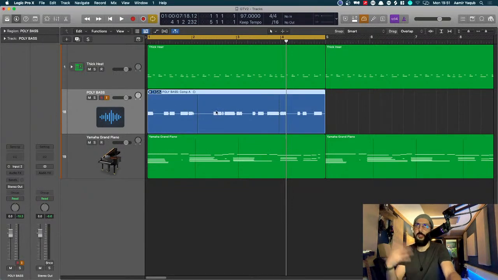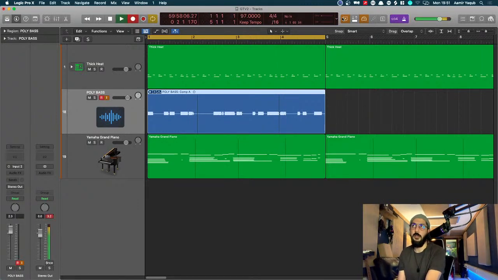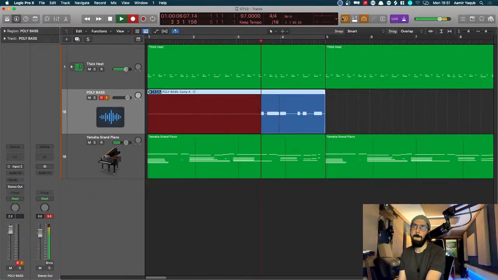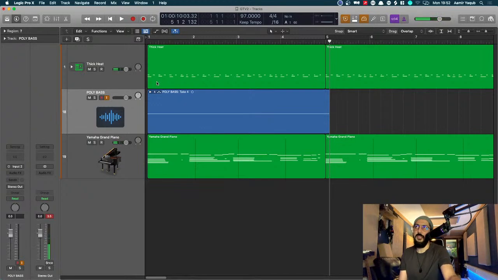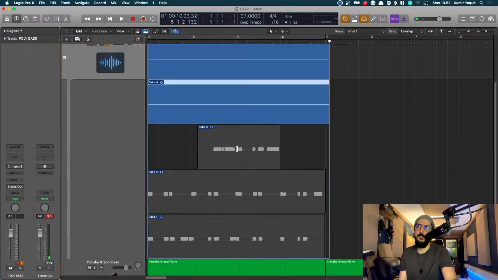I could go in, I could delete all of that, but you can use a mode which is replace mode. Now, replace is a destroyer. So when you press record with replace, it destroys everything that came before it. And well, in this case, it didn't do that because it's on